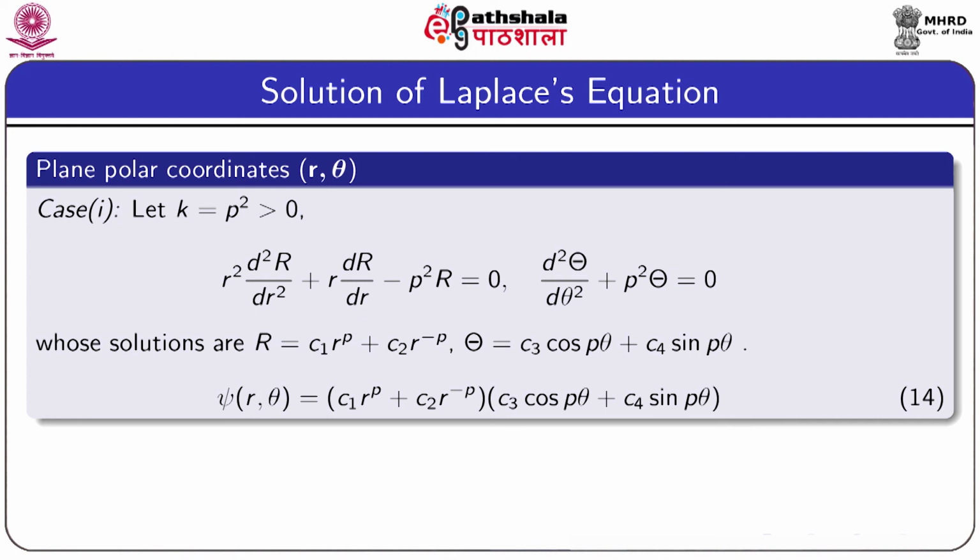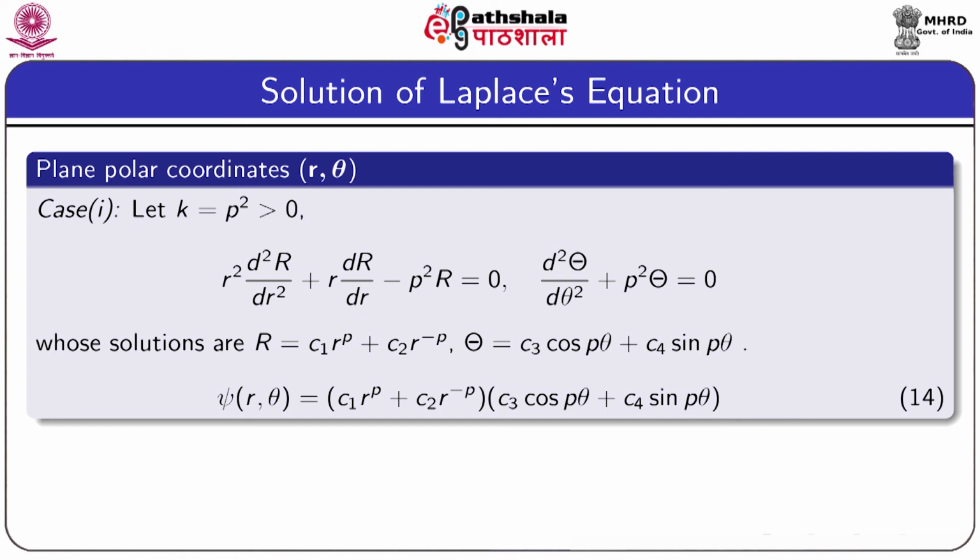So, with some transformation, that means if we substitute r equals e to the power u, in terms of the independent variable u, that equation can be transformed into an ordinary differential equation with constant coefficients, and that can be solved exactly, and from that solution we can obtain the value of R as R equals C1 r to the power p plus C2 r to the power minus p, and the equation for theta is